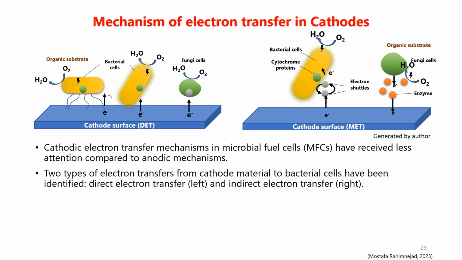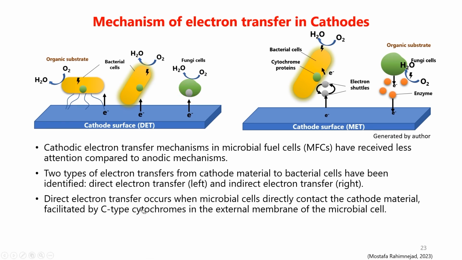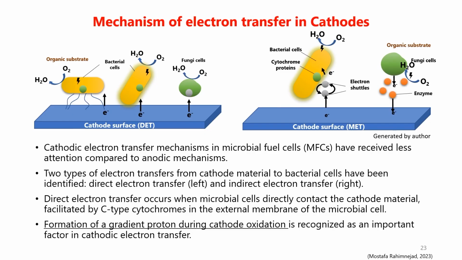So, this may be happening through pilus or direct surface contact. And in the case of fungal cells, we may have certain biomolecules which mediate. So, direct electron transfer occurs when microbial cells directly contact the cathode material, facilitated by C-type cytochromes in the outer membrane of the microbial cell. A formation of a proton gradient during cathode oxidation is recognized as an important factor in cathodic